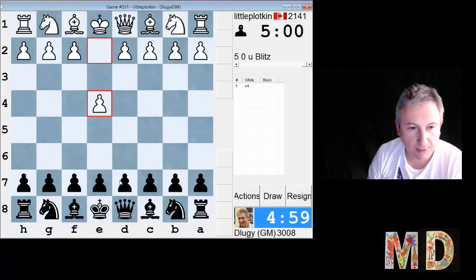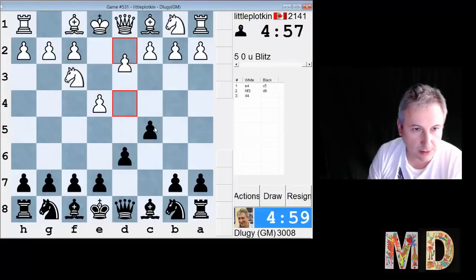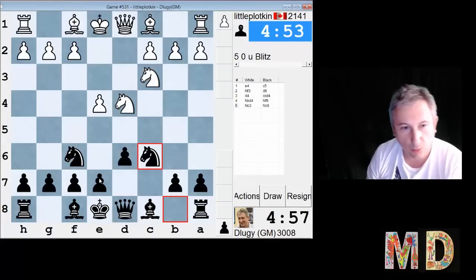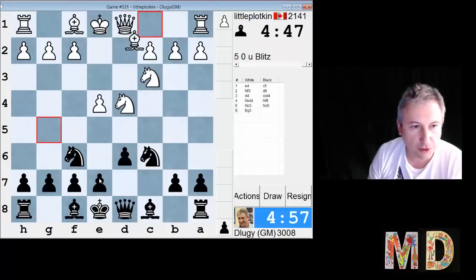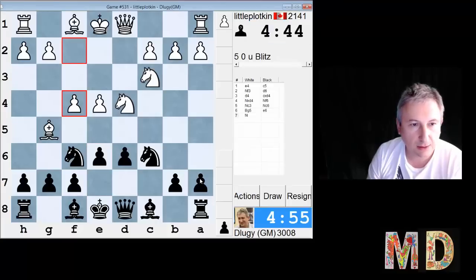Let's see. Okay, let's play the Sicilian defense. There it is. Alright. And now, wide choice for white. Lots of lines to try. Bishop e2, bishop g5, okay. Bishop g5. Let's see, f4, interesting, okay, let's play